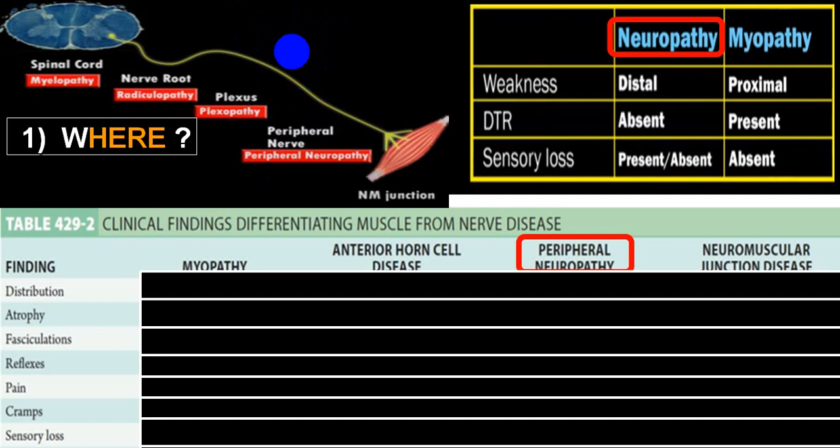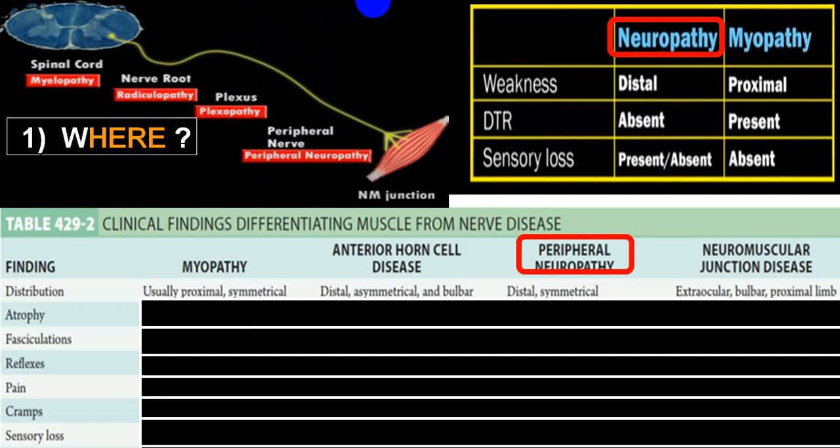If we go in a little more detail, as far as the distribution is concerned, we already mentioned, in a neuropathy it is more distal and more symmetrical. While in case of myopathy, we are more interested in these groups: myopathy, peripheral neuropathy, neuromuscular junction and anterior horn cell. In anterior horn cell, it will be a lower motor neuron type of involvement, more distal. In myopathy, it will be more proximal and symmetrical. While in neuropathy, it will be symmetrical and distal involvement.